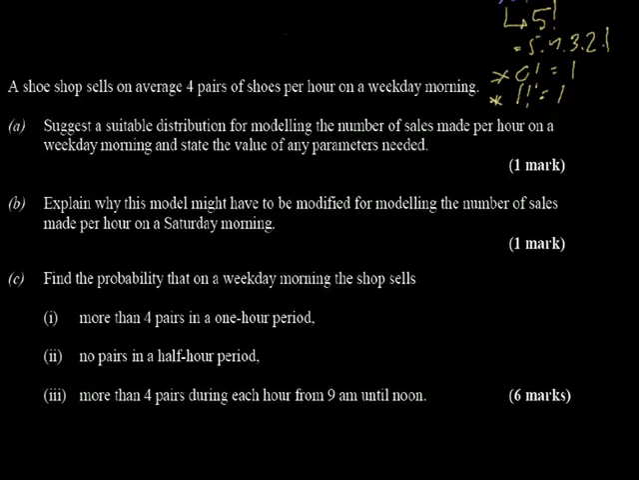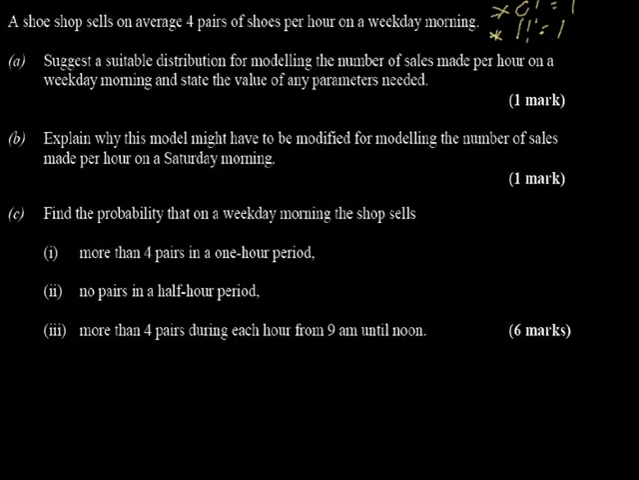So the first sum here that we have is: a shoe shop sells on an average, so we have this on an average, 4 pair of shoes. So we have 4, so that is the mean, and per unit, that is the per unit, per hour. So now the first question A is